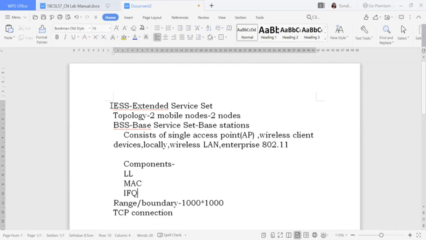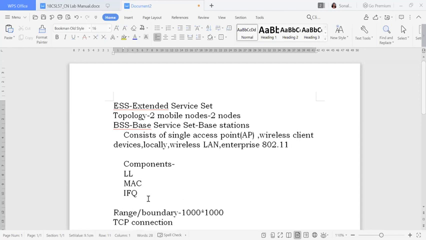If you are going to implement this ESS, you should have these components, because ESS consists of all of them. Otherwise, it will not receive any signals from the wireless channel nodes. If you want to receive any signals, then you should have these components. These are all known as your network components. One more thing: whenever we do these wireless simulations, we should have a variety of parameters. What are the parameters? I will note that down as well.